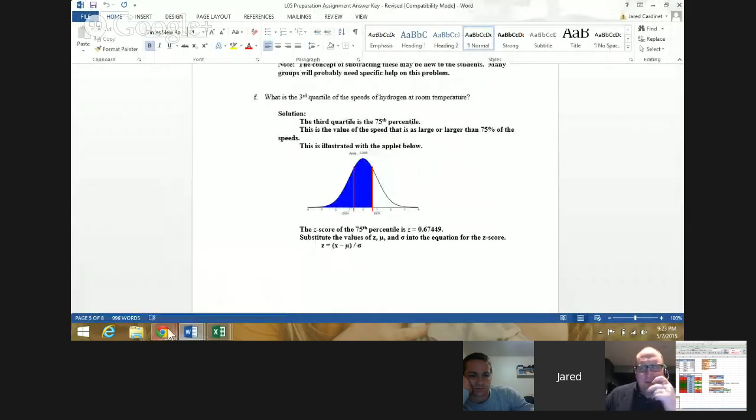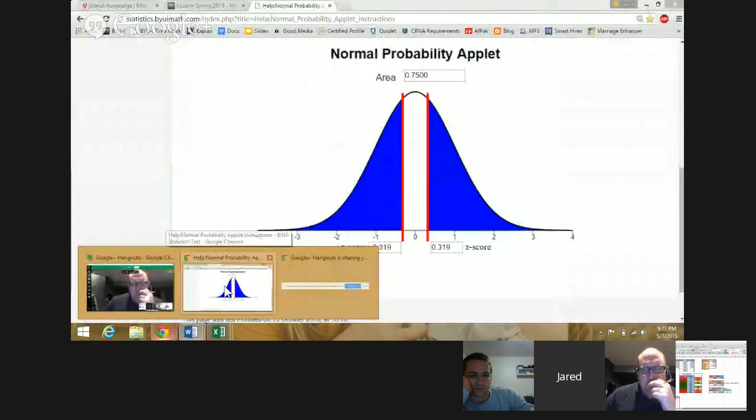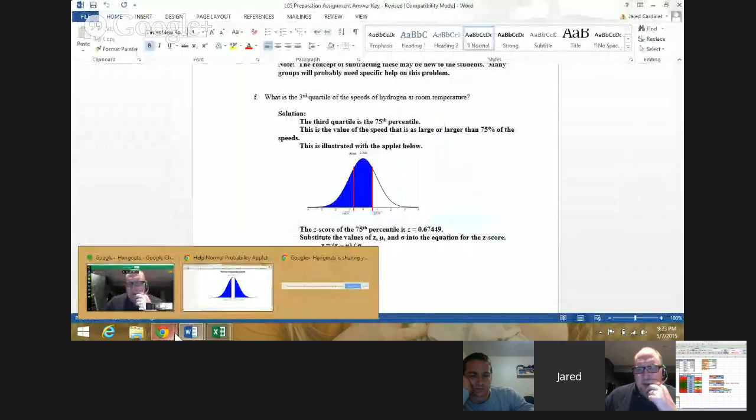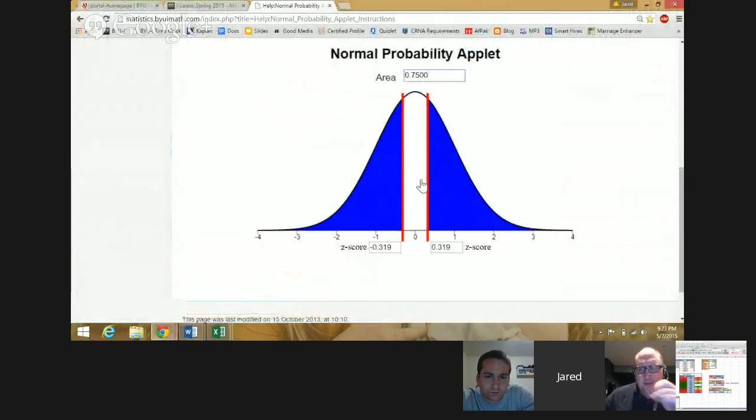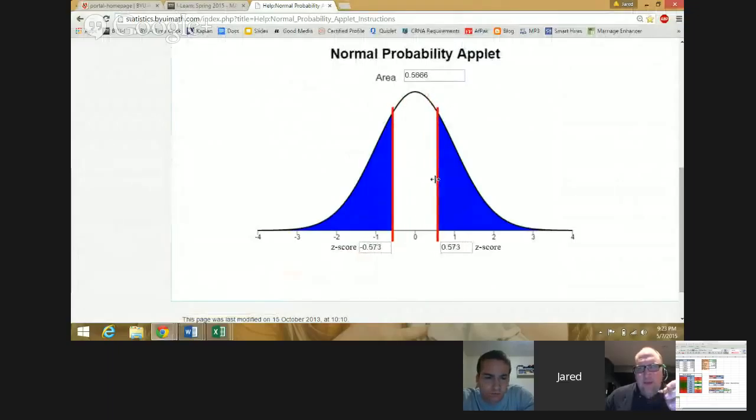Yeah, theirs looks different. It's weird. So on yours, it's calculating the area on both sides. In the answer, they're calculating the